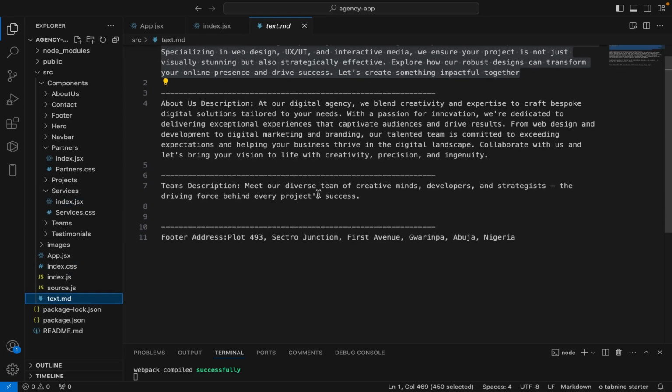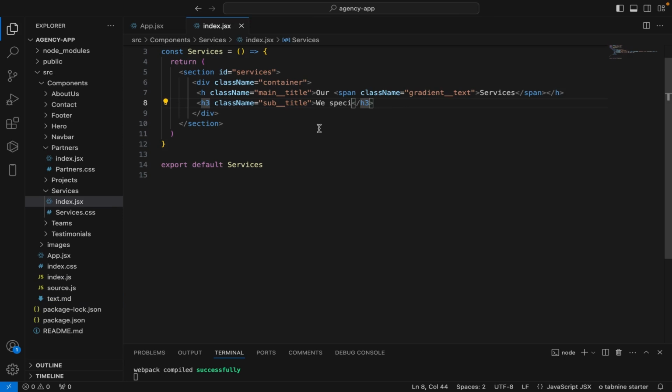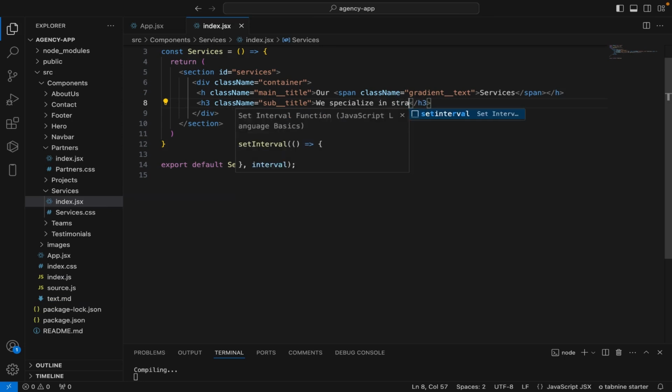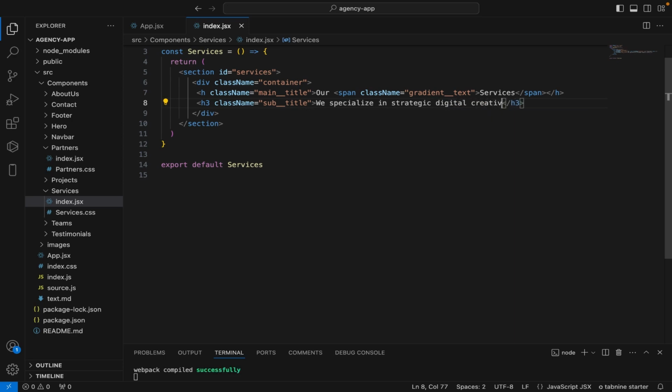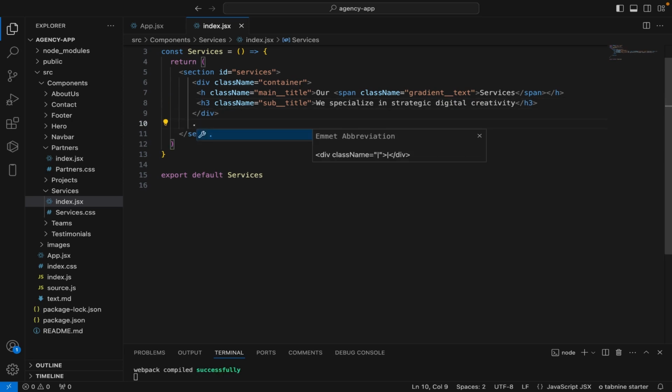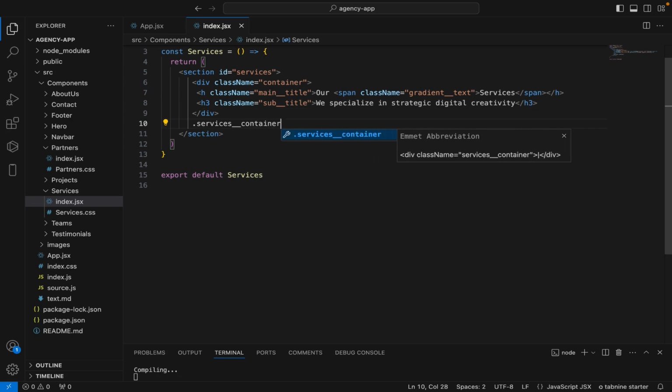Let's check if we have a text concerning this here. There's no text. All right, digital creative BT. So services container,